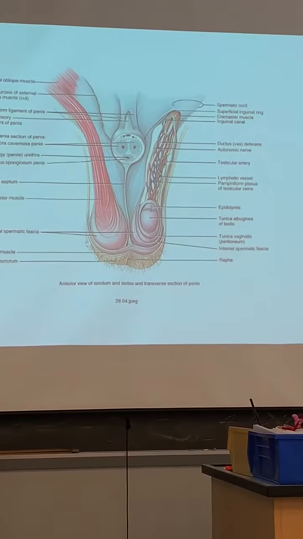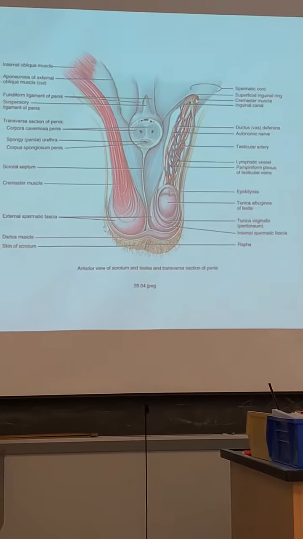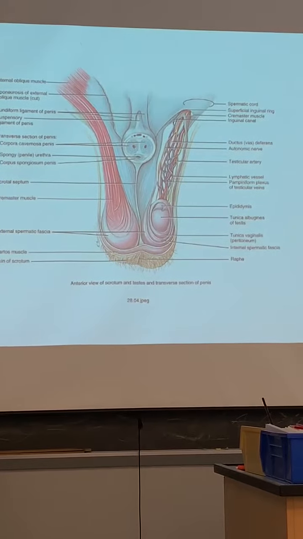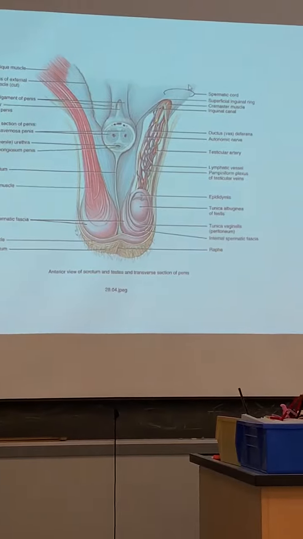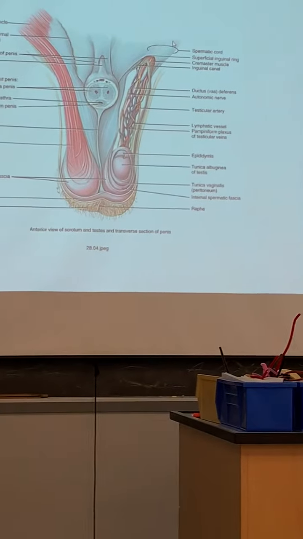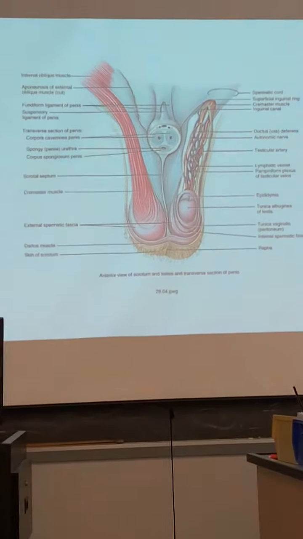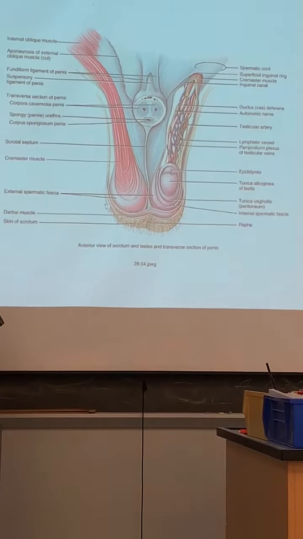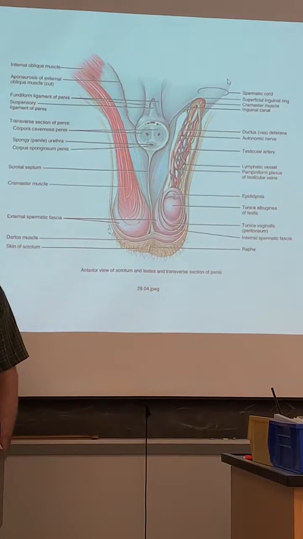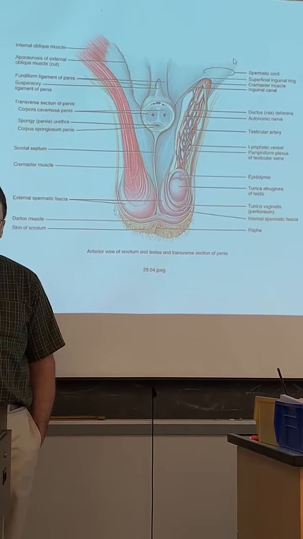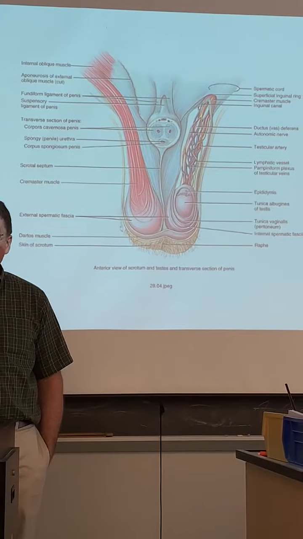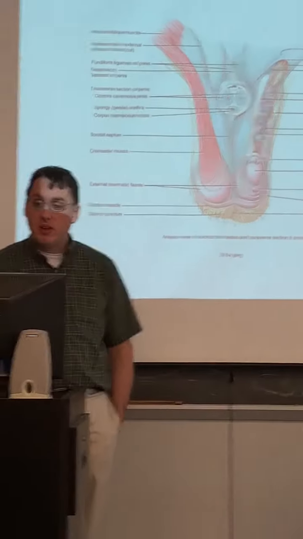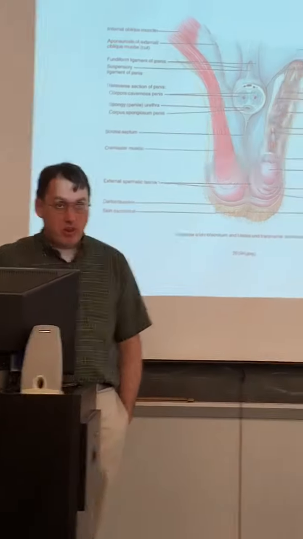All those structures that serve the testis are called the spermatic cord, and when they pass through the inguinal canal, they create a kind of palpable cord, right? So if you are a male, or you know one very well, you can actually palpate that on the outside of the body. When males develop inguinal hernias, which is very common,